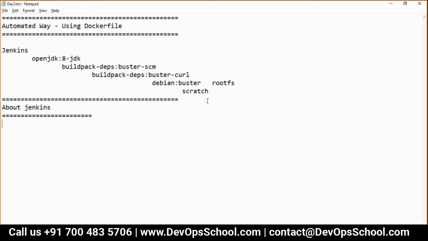This is something like a kind of assignment. Jenkins container is running with which user, which port?